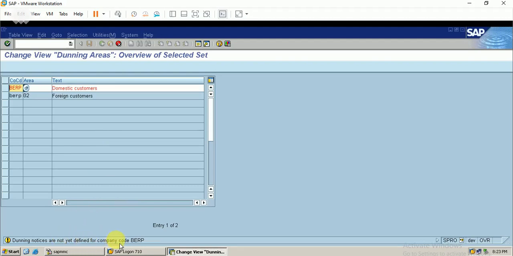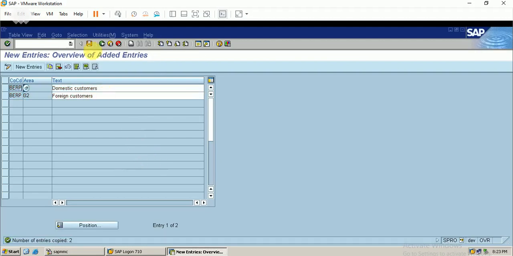You can see the dunning notices are not yet defined for the company code. Okay, we'll define it. I just click enter, and keep clicking enter so that it will be saved.